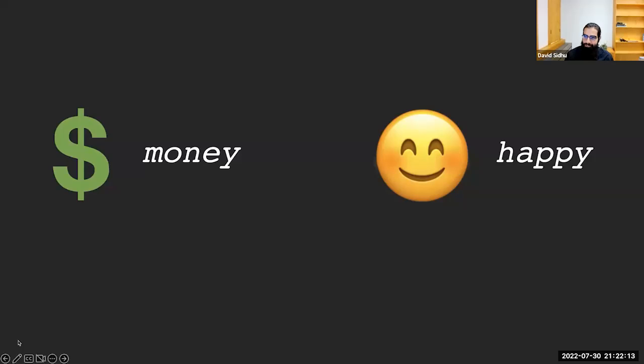So the first thing I want to do is just to introduce this concept of iconicity. This has to do with how one thing can refer to something else. So I'm going to use the example of these two signs, a sign for money, a sign for happiness, and just unpack how they're referring to the things that they refer to. So first of all, this dollar sign, if you think about it, there is nothing inherently money-ish about it. It's just this arbitrary connection that you have to learn. If you didn't know what this meant and someone showed it to you, you'd probably have a really hard time guessing that this refers to money. This is what we call an arbitrary sign.